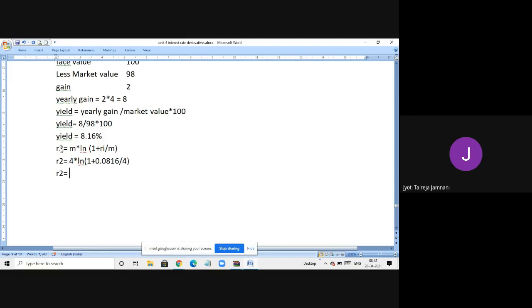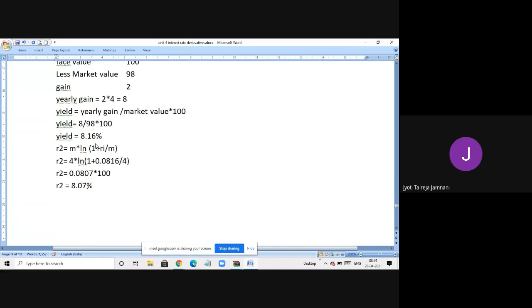Just check all of you once. Is it 8.07%? Yes, ma'am, 8.07. Into 100, if you do it, it is 8.07. So R2 is equal to 8.07%. So this is the rate for the first bond, bond A, which was a zero coupon bond. No interest was given, zero interest. Therefore, we call it a zero coupon bond.